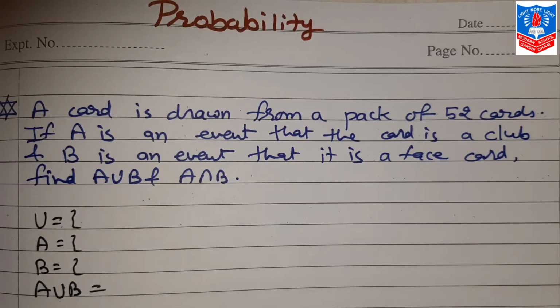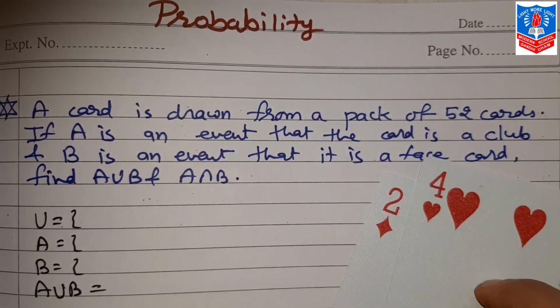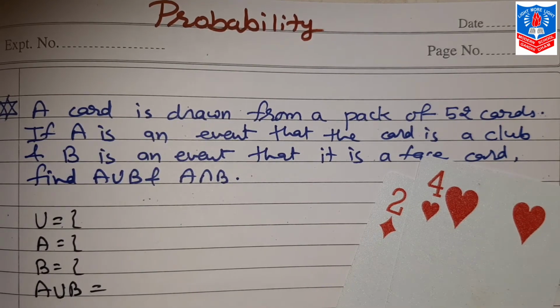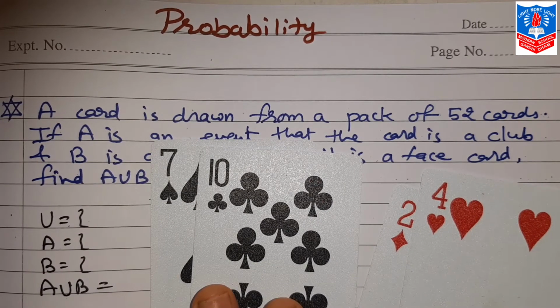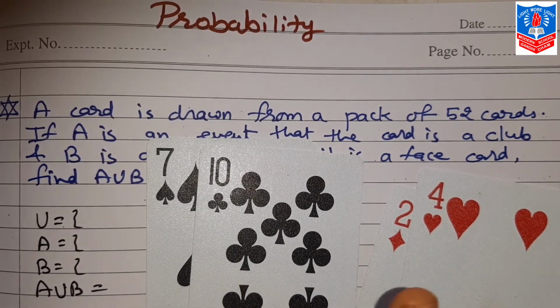Our second sum, that is connected with playing cards. Everybody of you must have seen playing cards. Do you know how many total cards are there? 52. Okay. And how many colors? 2 colors are there. One, that is red color, 26 cards. And another, that is black color, which is of again 26. So this way 26 plus 26, total 52 cards.